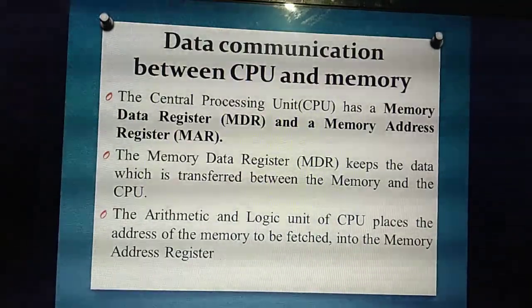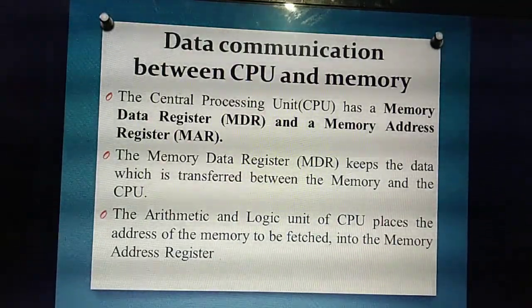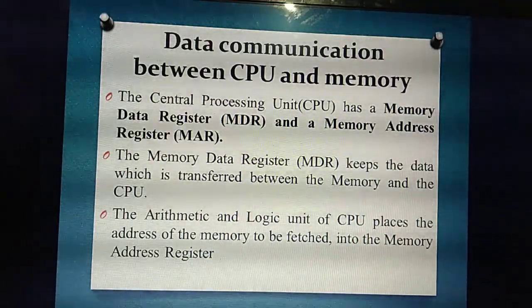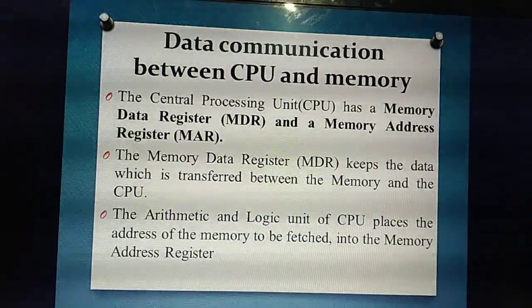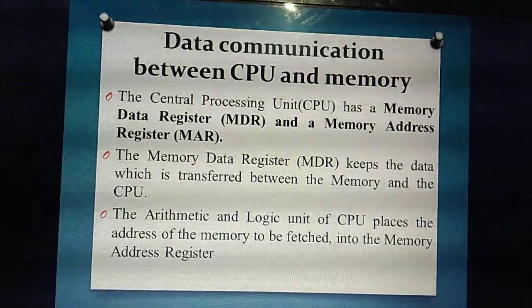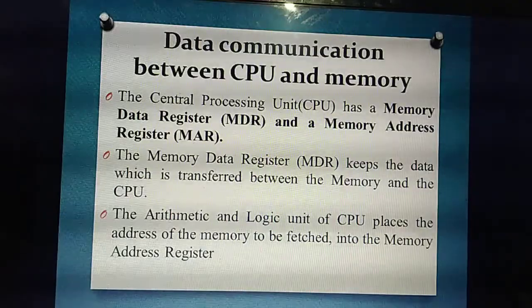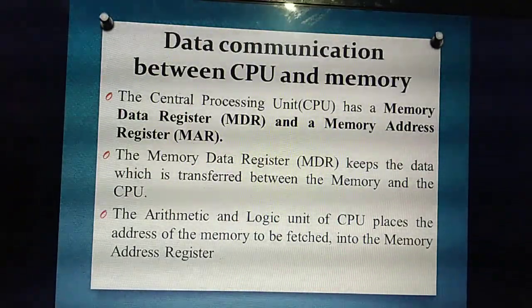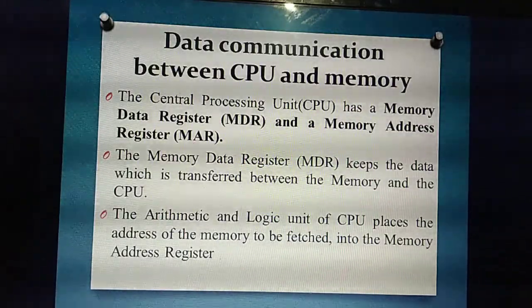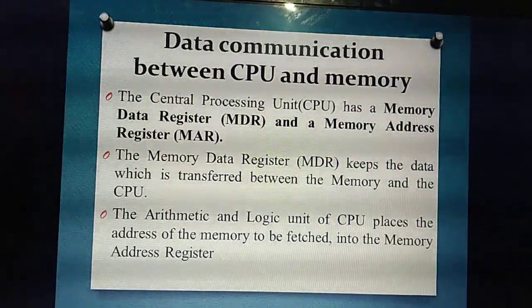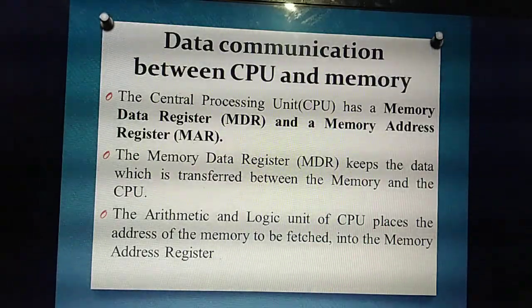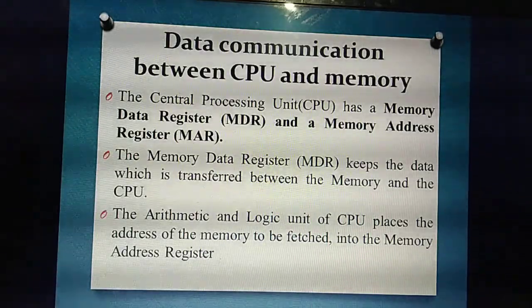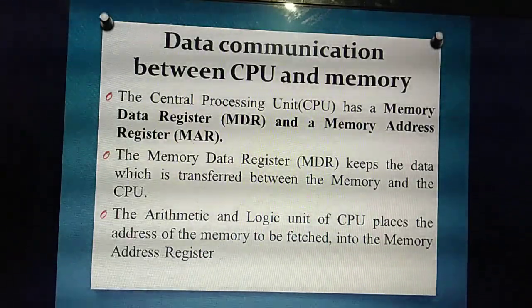Next thing, two units you have studied, arithmetic unit and logic unit, isn't it? So this arithmetic and logic unit will have the address of all the memory. If you look inside the memory, each and everything is stored based on an address. For example, you are a student. How do I identify you as a computer student? You have a particular group code, isn't it? Likewise, many things are stored inside the memory, and each and every piece of data is stored in the memory based on memory addresses.